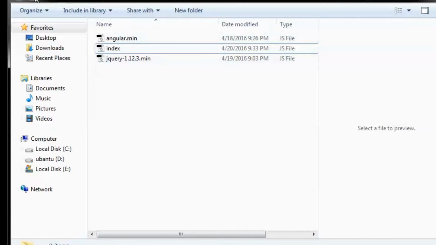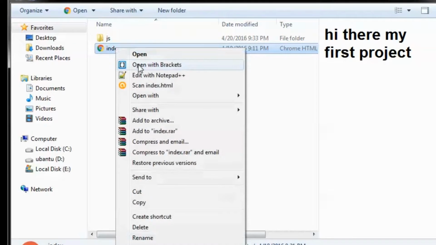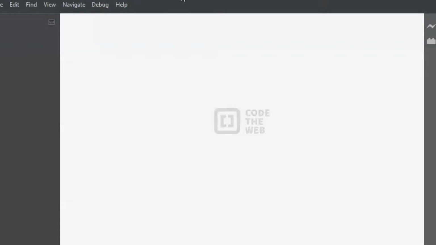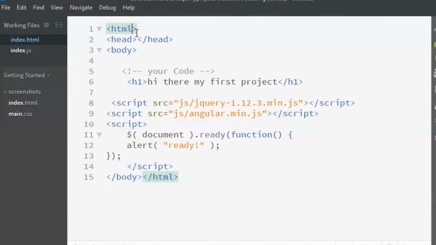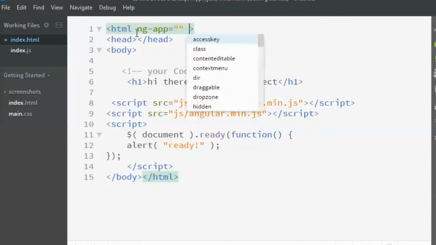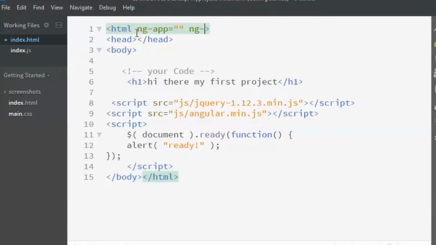The next step is that I'll open my index file in Brackets and define ng-app and ng-controller.